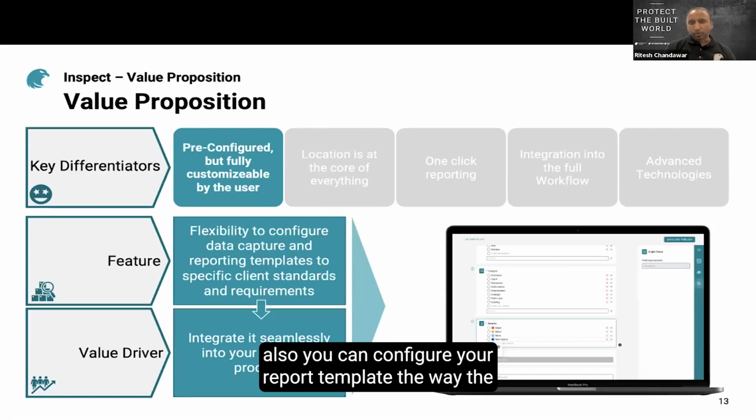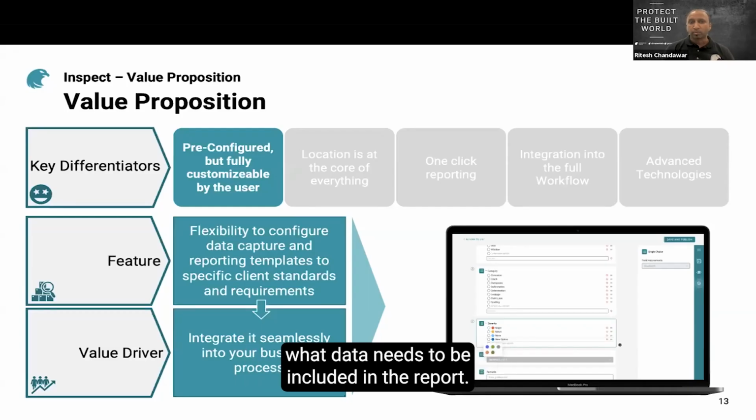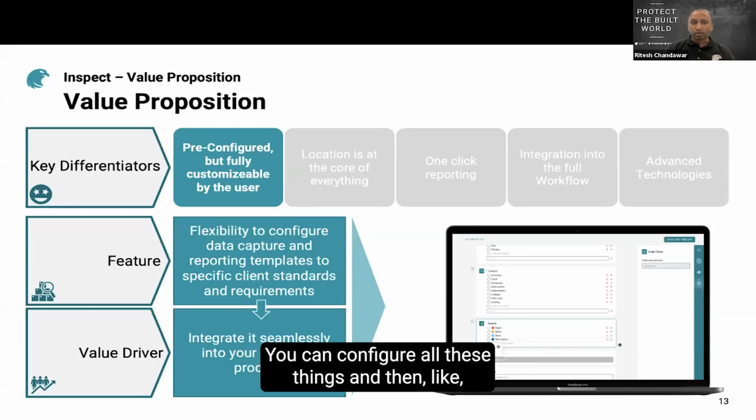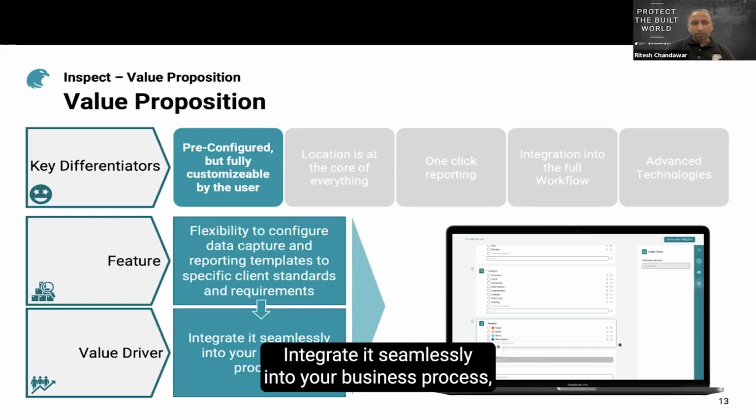Also, you can configure your report template, the way the report has to be generated, the look and feel, and what details need to be included in the report. You can configure all these things, and once the inspection is done, you can generate those reports from the report field itself. So the value driver over here is that it integrates seamlessly into your business process, because